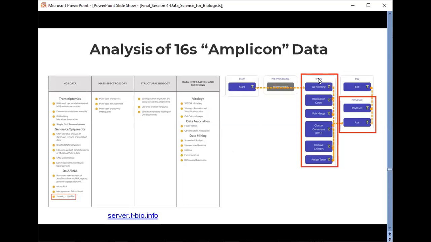The DADA2 pipeline will produce your amplicon abundance. Phyloseq is going to generate all the important plots required to analyze the microbiome between different disease conditions. So now let's go back over to the platform again.